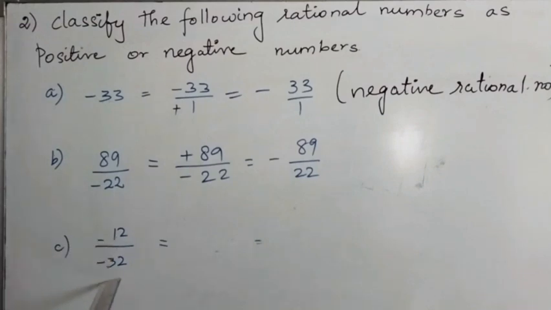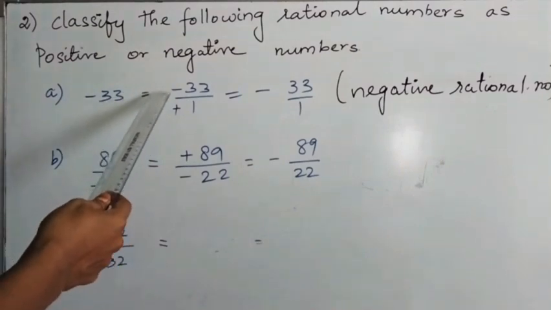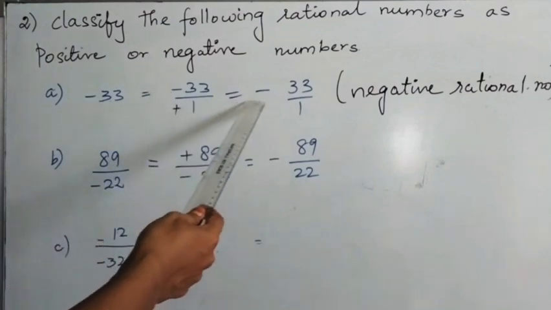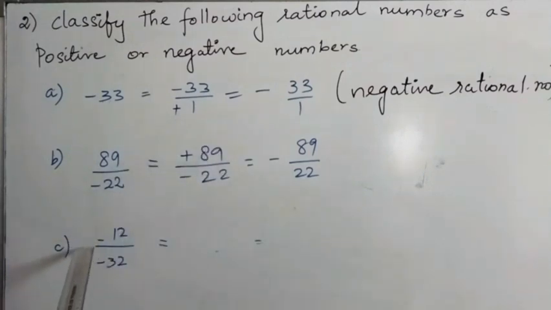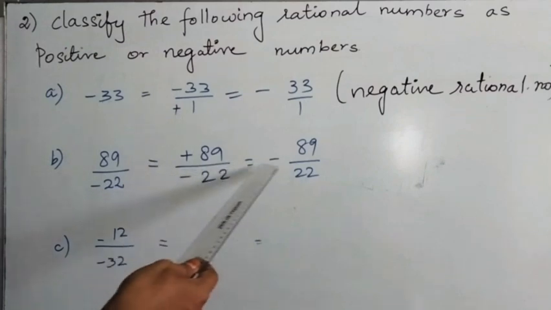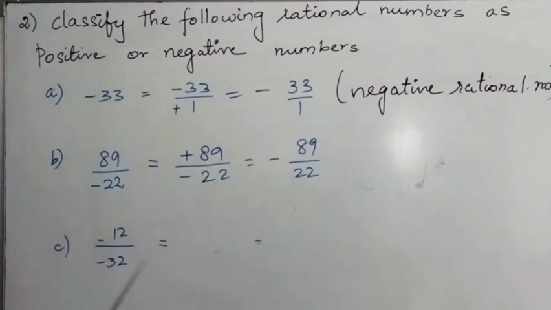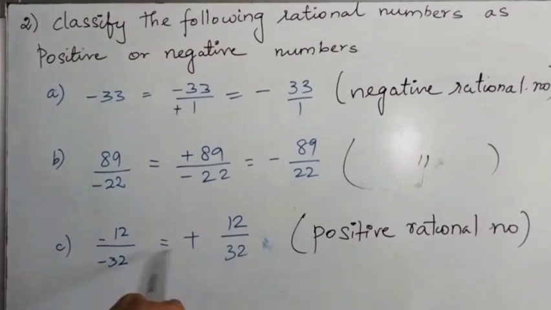Both numerator and denominator have the same sign, that is a negative sign. Okay, now we are using the integer formula. First we have to use the formula minus into plus is minus. Next we have to use the formula plus into minus is minus. Here both the signs are same. Here the signs are opposite, so the reason we get minus. Here same sign means we get that the integer sign is plus. Okay, minus into minus is plus. So we get the answer. Write here minus into minus plus, and then classify the rational number as a positive rational number.